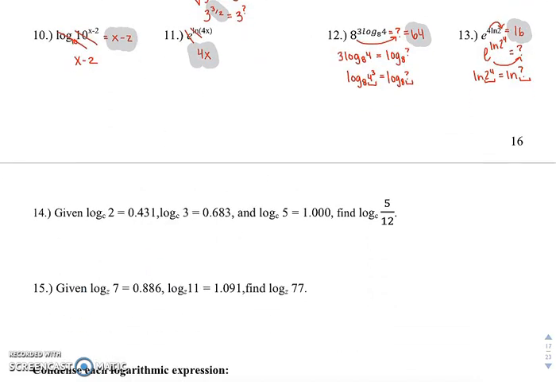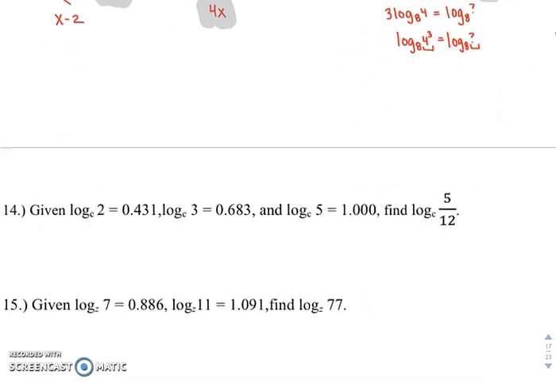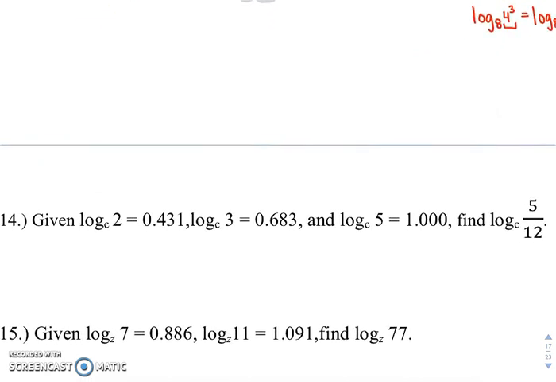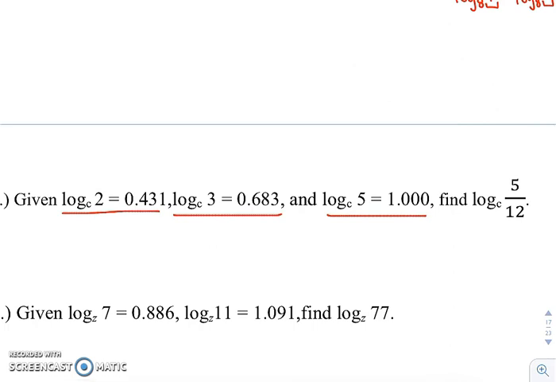Let's look at 14 and 15 yet. So it's giving us number values to try to practice with our properties here. So if we're given the information that log base c of 2 equals this, log base c of 3 and log base c of 5 equals this, it wants us to find log base c of 5/12. So what we're going to do is say, okay, using 2, 3, and 5, how do we get 5/12? Well, it would have to be